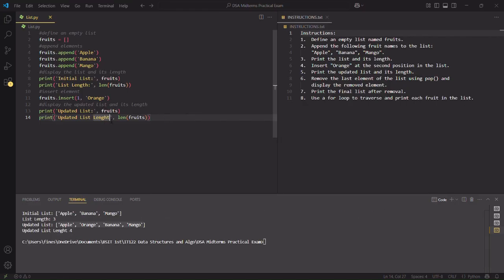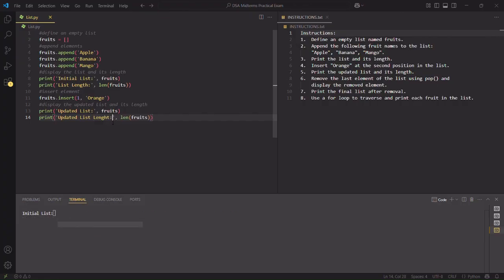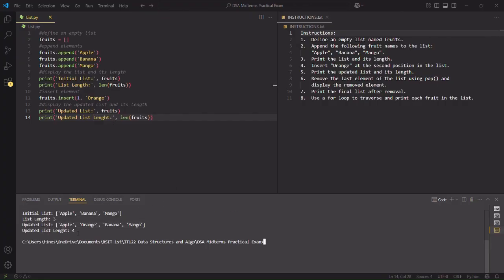Oops, na-miss. Okay. So updated list length. My god, wrong spelling. Updated 4. Okay, sakto ta. Nganong 4 kay we now have 4 elements sa atong list: apple, orange, banana, and mango. That makes 4. So next, we are going to remove